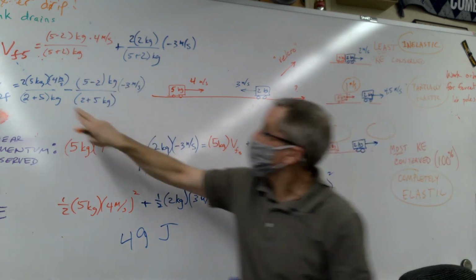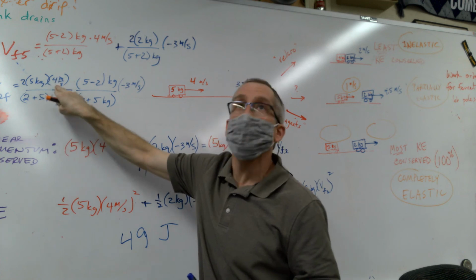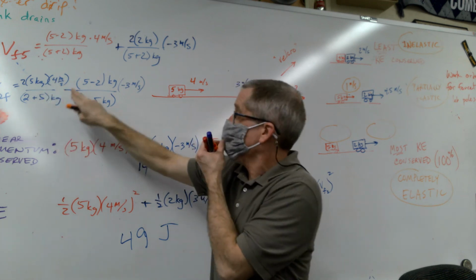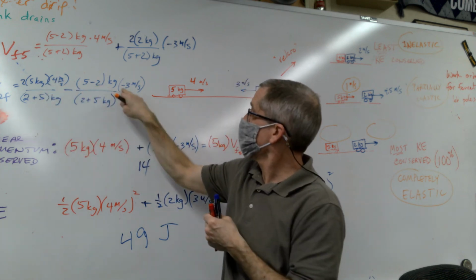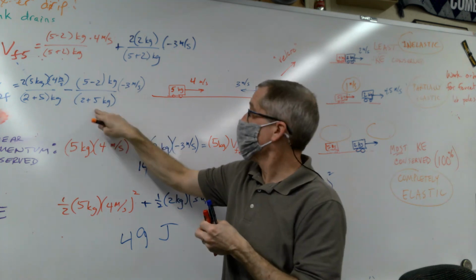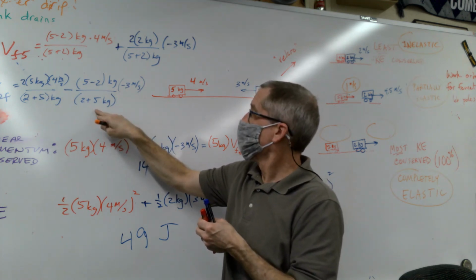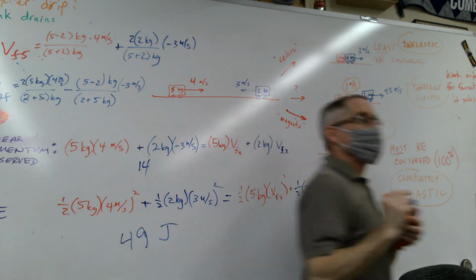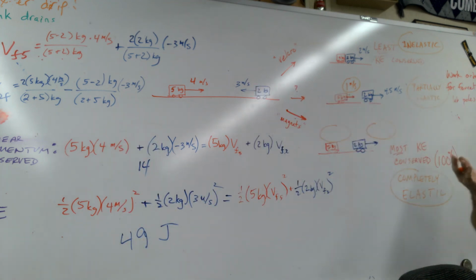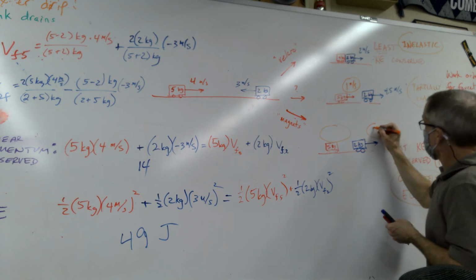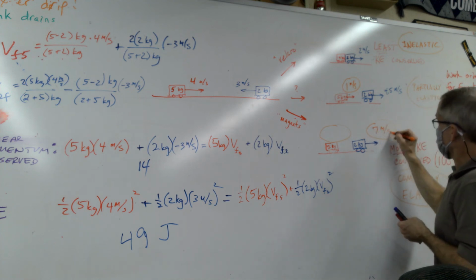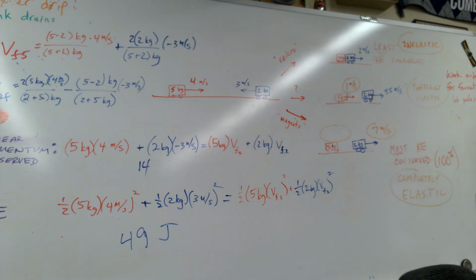this isn't so bad. This is 10 times 4, that's 40 over 7, minus 3 times negative 3 is 9 over 7. 49 over 7, yeah. So it came out a whole number. I did not expect that. Turns out this one moves at 7 meters per second that way,